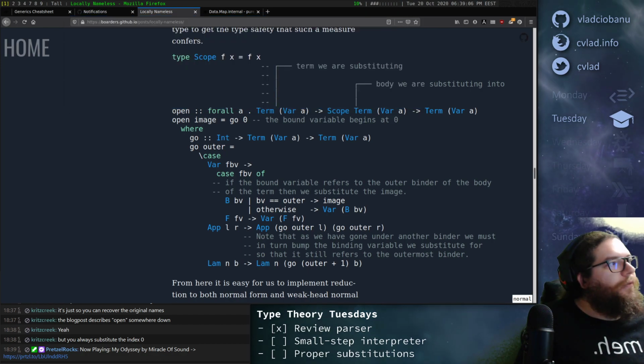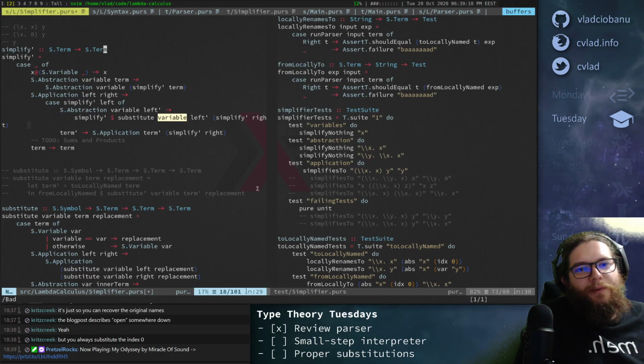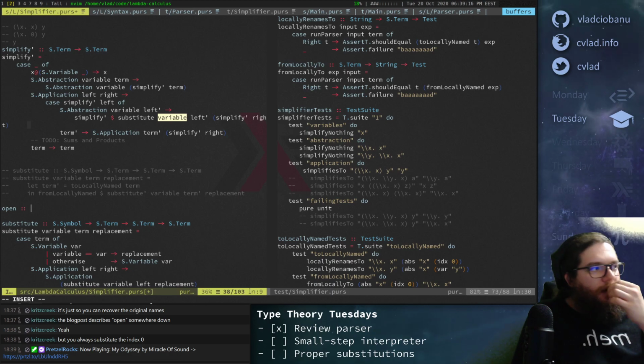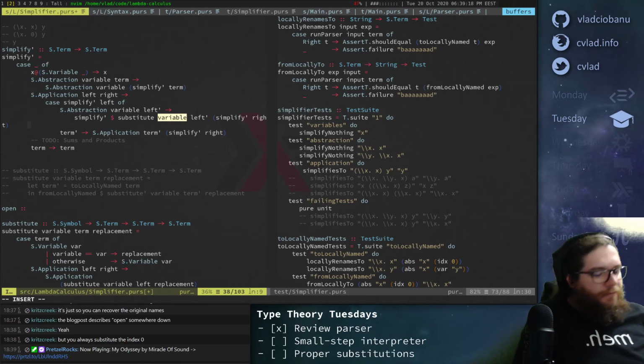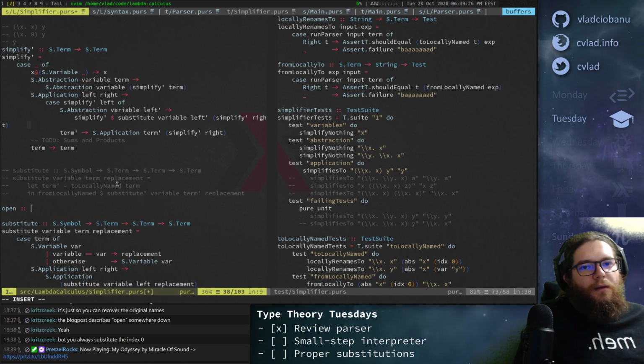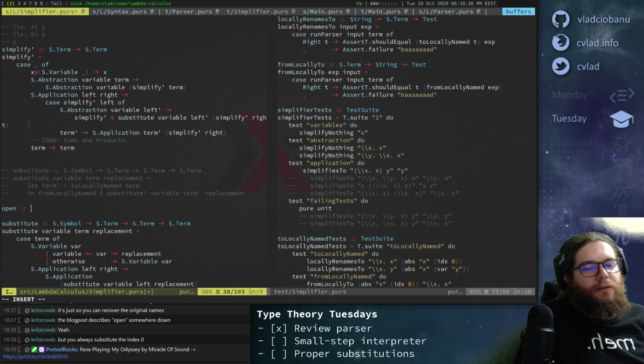I'll give it a few more minutes, but I have to go after that. So let me try to implement this thing then. So let's see. So open is what?